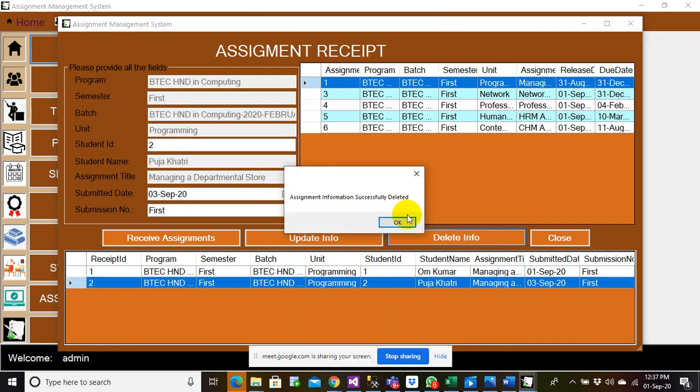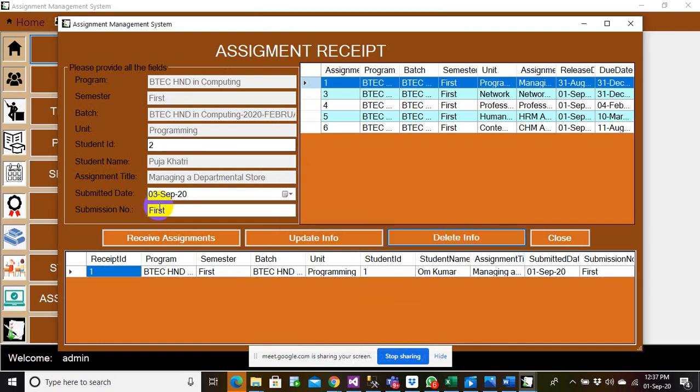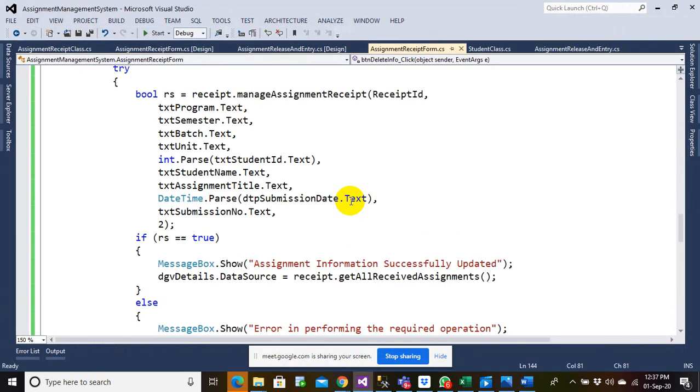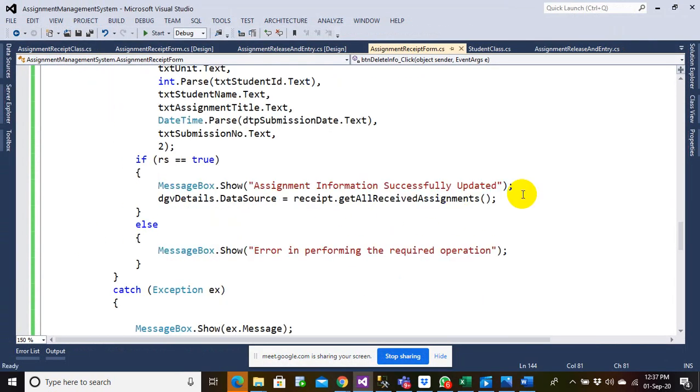So the update operation worked. And I said okay, this guy had not submitted the assignment, but still it's in the record, so let me delete. So it's deleted from here. At the same time, all these things should be blank. So we can do that. I already have developed a class for that, a helper class. Let me go and use this helper class.